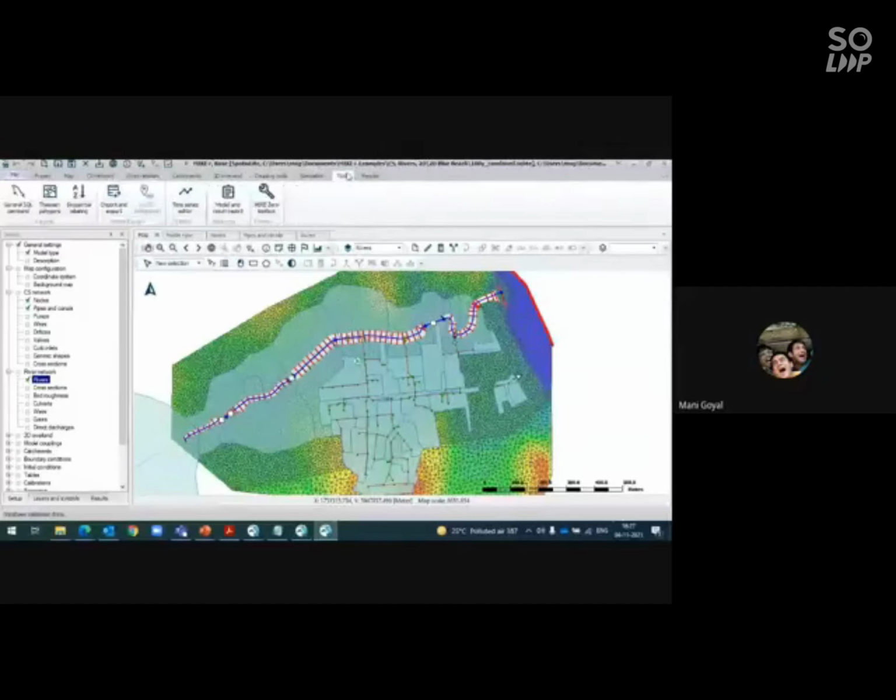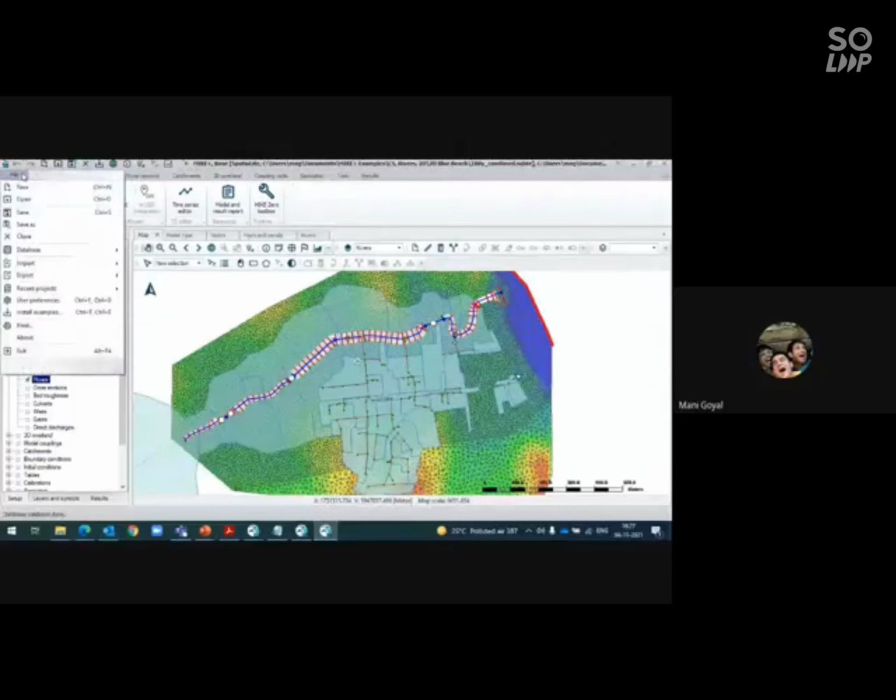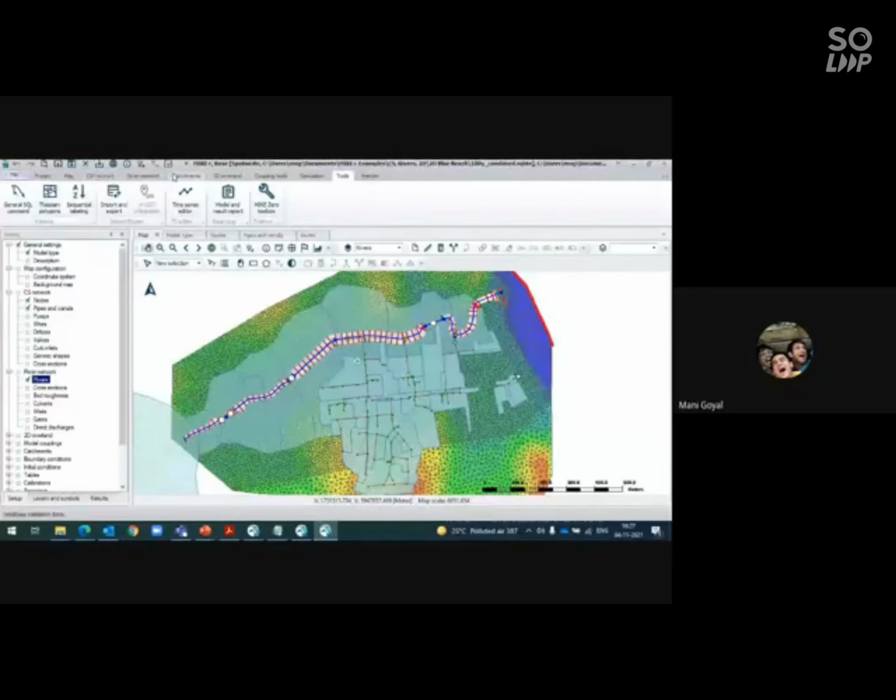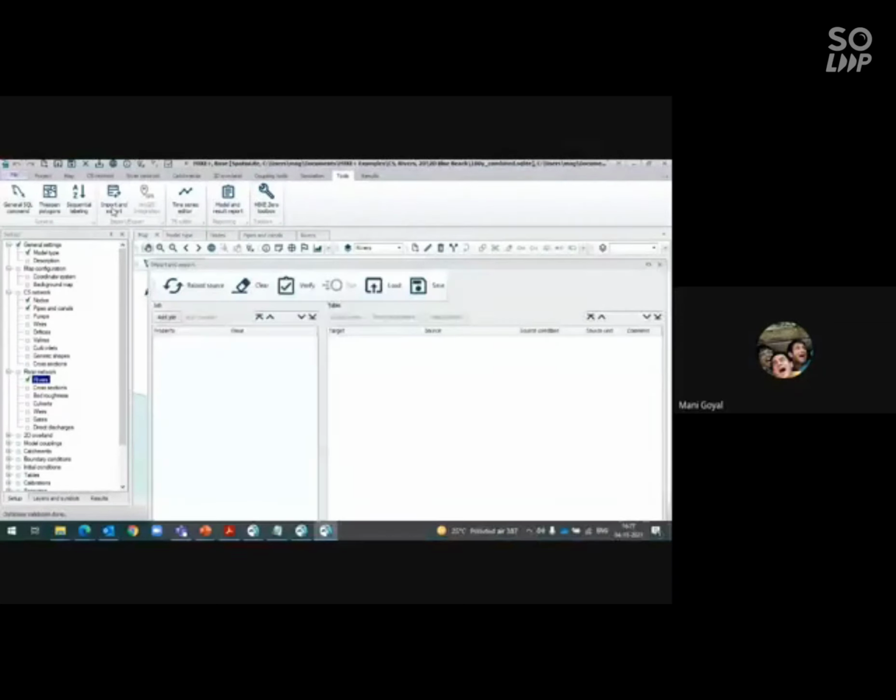In this also there is an option of import: click on file, and there is import and export. You need to add the job, and you can import the shapefile into your model as your network file.